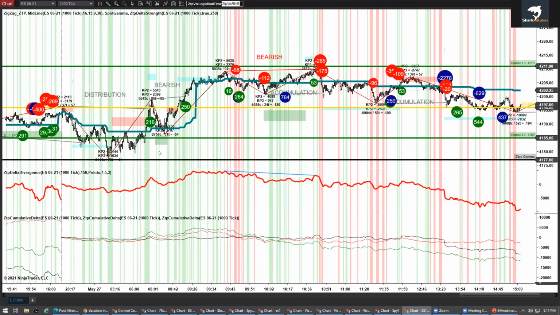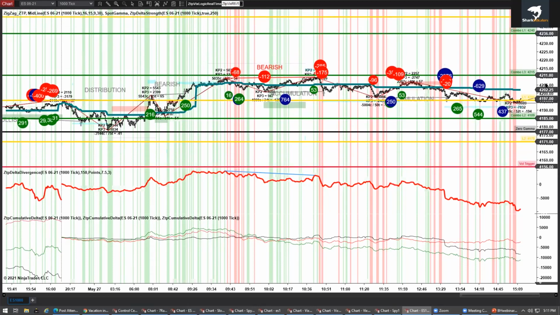So again, I'm going to use the information from Spot Gamma. And one of the really interesting things is when we get below 0 gamma and what they have as a volatility trigger down here at 41.56,